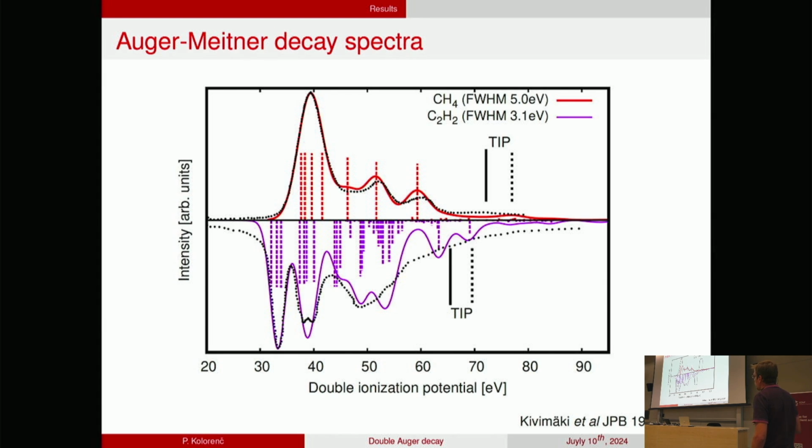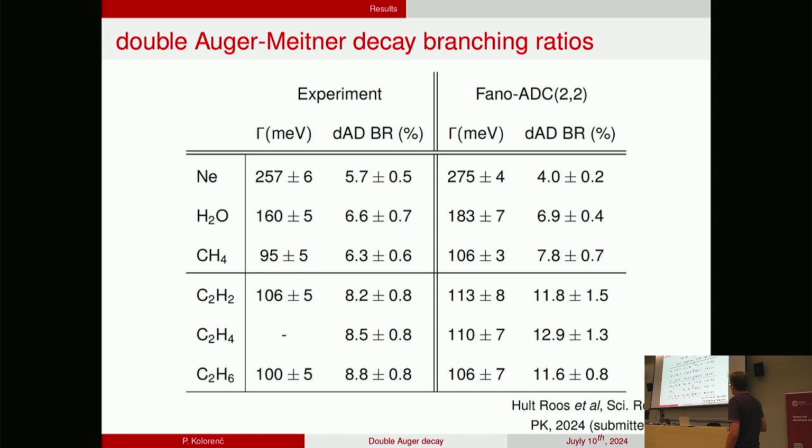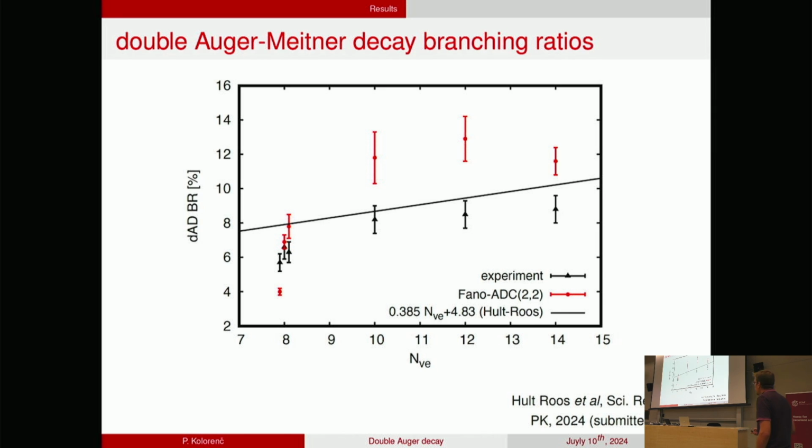So we can also calculate the Auger decay spectra, which actually are indispensable if you want to determine the double Auger branching ratio. And here is an example for methane and acetylene, and we see that it compares with available experiment very well. So finally, I'm getting to the double Auger branching ratio, and let me try to reproduce a similar figure as I was showing from the experiment,